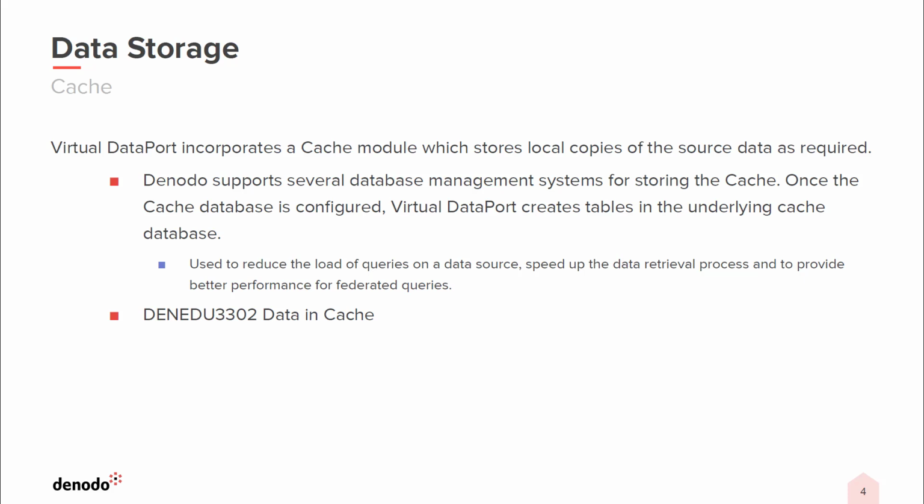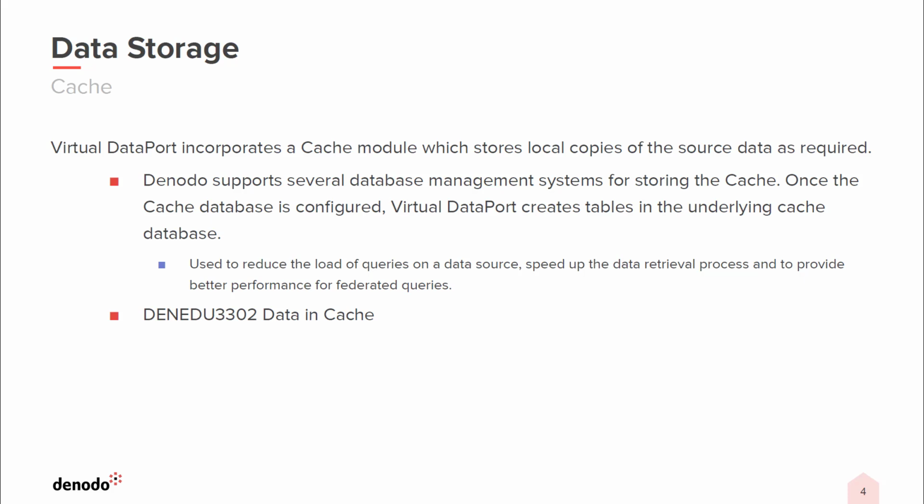Now that we've seen the different cases where Denodo stores the data, we will now see each of these scenarios in detail. Firstly, let's discuss data in cache. As we've seen in previous courses, Virtual Dataport incorporates a cache module to store a local copy of data. This cache database can be set to use the default embedded Apache Derby database in the Denodo platform. Besides this, it's possible to configure an external database for storing the cache data. In any case, Virtual Dataport will create and maintain the cache tables regardless of what source is used.